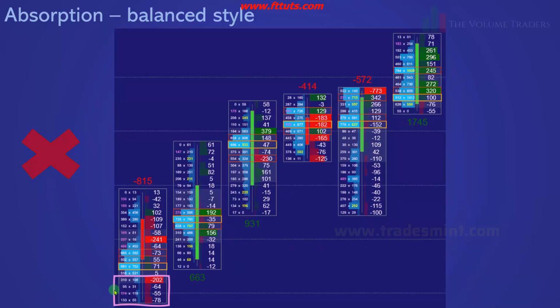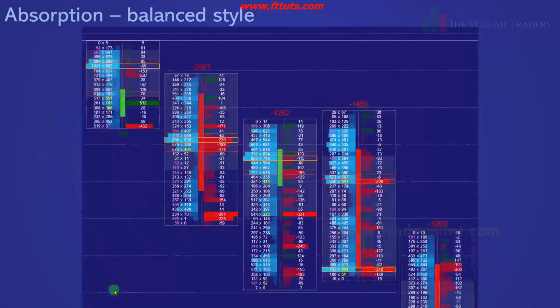Oh, yes. Next one. Now it's time for setups. So here's the setup, a very good one. I like this for a sell because we have a rejection candle with top 3 positive delta